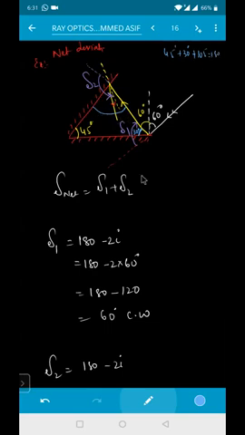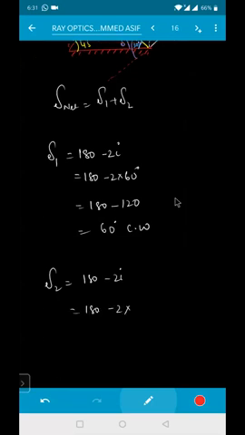That means if this total angle is 180, you know that this normal is always making how much angle with respect to the mirror? 90. That means this angle will become how much? If this is total 105, 105 minus 90, that means this angle will become 15 degrees. So this angle is also 15 degrees. So for this one, delta 2 will be 180 minus 2 times the angle of incidence, which is 15. That means 180 minus 2 into 15, which is 30. So 180 minus 30 is 150. In which direction? Anti-clockwise.